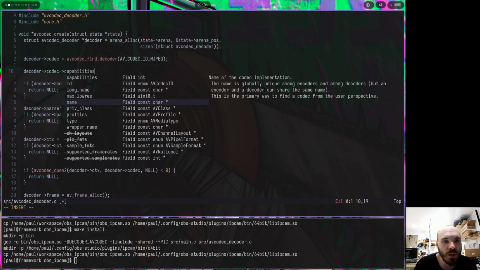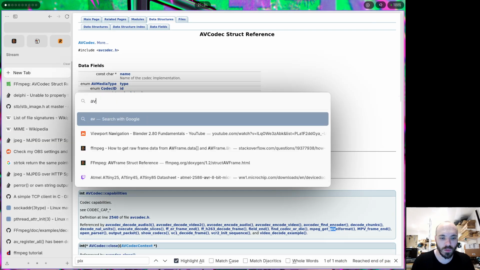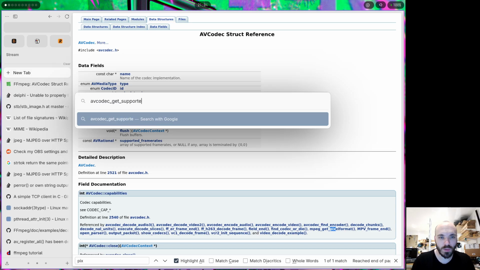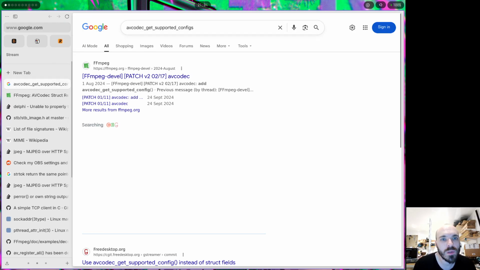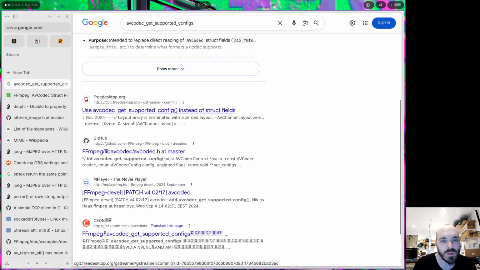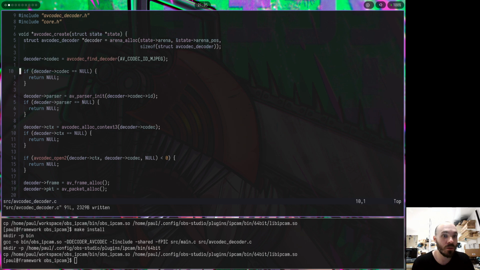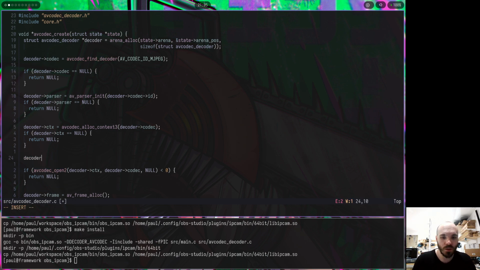Yeah, doesn't seem to be anything in there. Yeah, pix FMTs is there. Use AV codec get supported config. But I guess this is to query it, not necessarily to set it, because here it said when decoding, it's the context that seemingly would have something. So decoder CTX